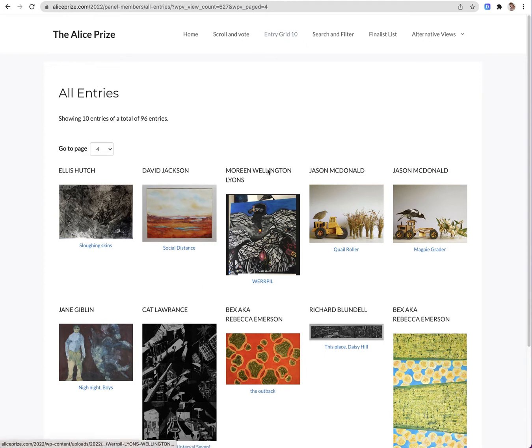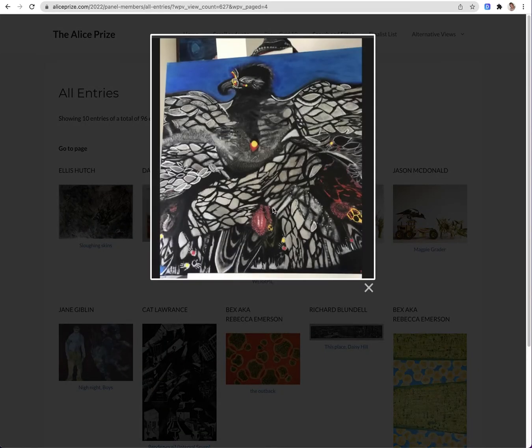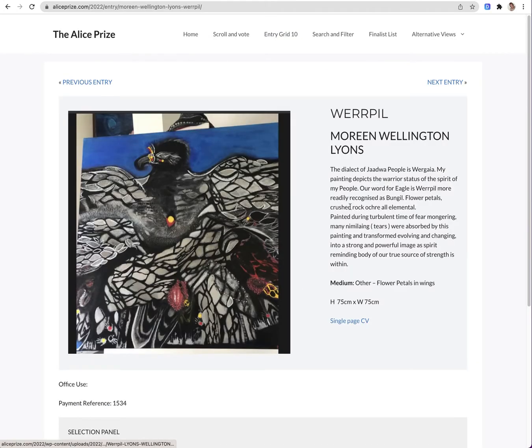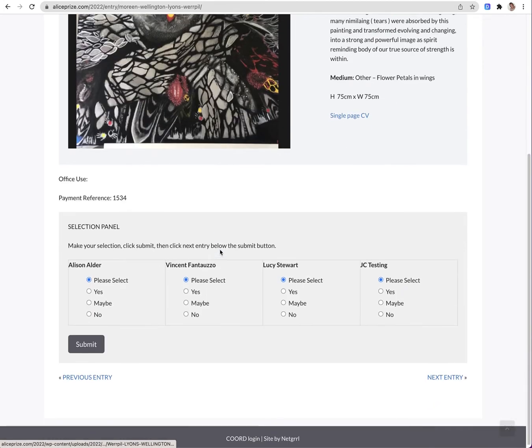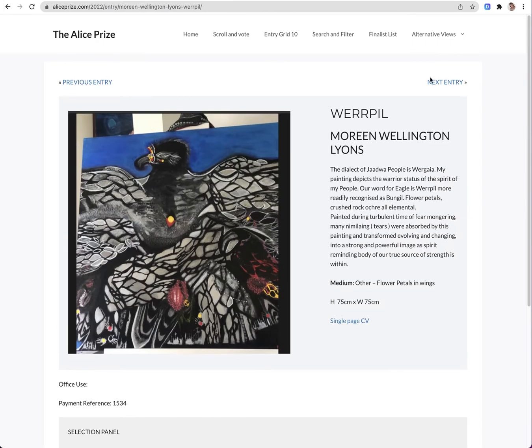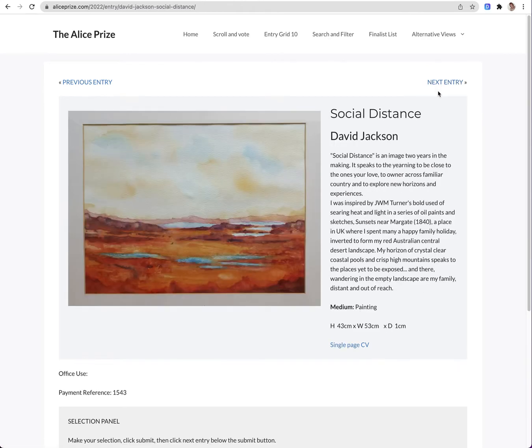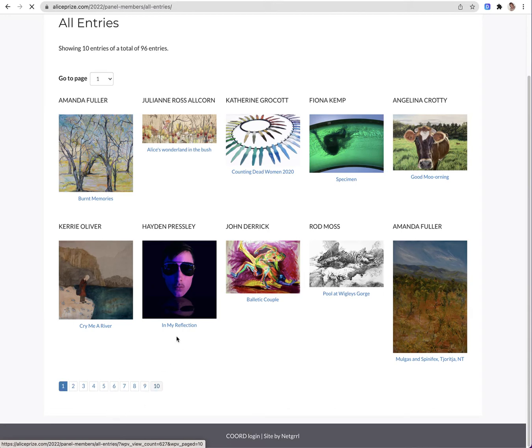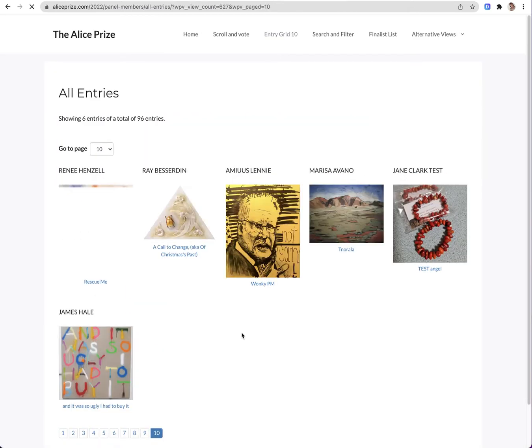And then if you were up to, say, for instance, this entry, you can click on it to view the image enlarged. Or if you click on the title of the artwork, it brings you back into that click and scroll so you can continue going through in a linear fashion, entry by entry. It's helpful if you want to go back to a certain entry and it's just faster to find it using this way. So going back to the home,